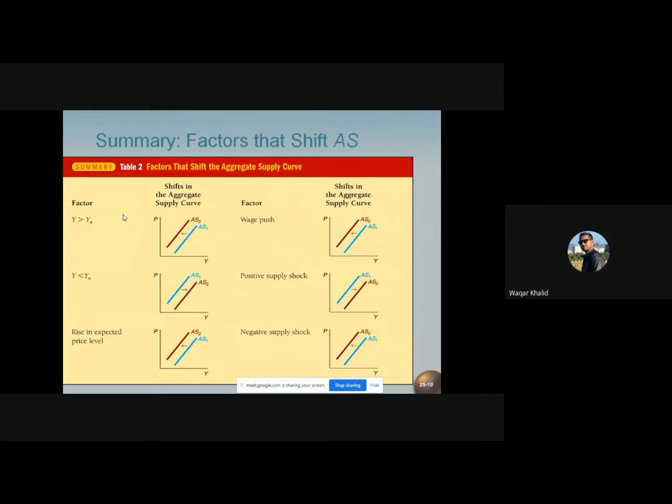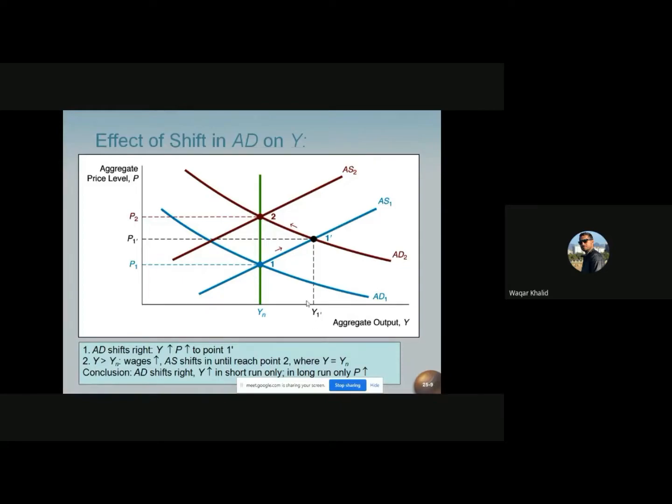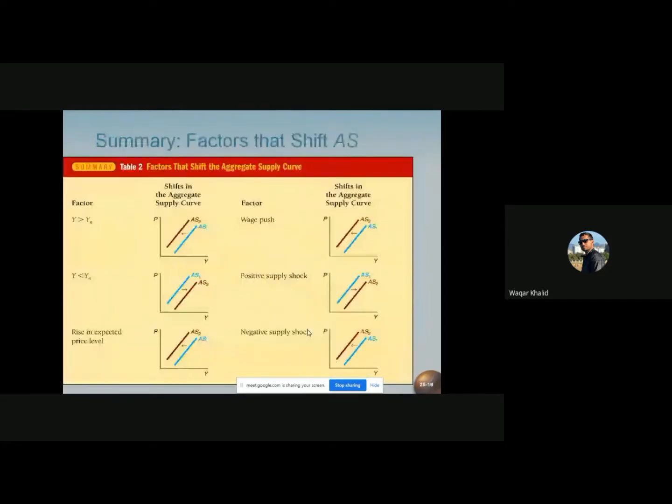Number one, tightness of the labor market. Our analysis of the approach to the long run equilibrium has shown us that when the labor market is tight, we can say that Y is greater than Yn. Look at here. Y is greater than Yn. This is an indication of the tightness of the labor market. So tightness of the labor market is the first and most important factor that shapes the original position of the